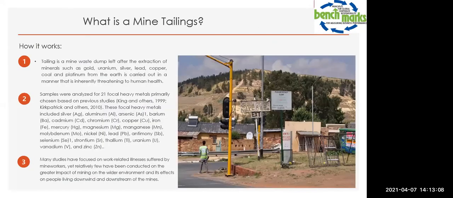What is a tailing dam and what does it look like? If you look at that picture, you can see in the background, this is a picture that was taken in Rivoli. Tailing is a mine waste dump left after the extraction of minerals such as gold, uranium, silver, lead, copper, coal, platinum from the earth, and is carried out in a manner that is inherently threatening to human life because it is poisonous. I've shown some examples, and I'll go into the nuts and bolts of it. Samples were analyzed for the 21 focal heavy metals, primarily chosen based on the previous